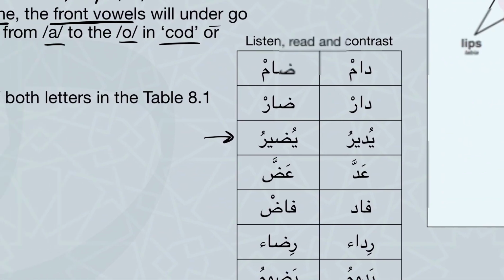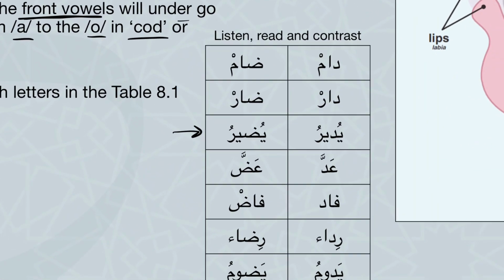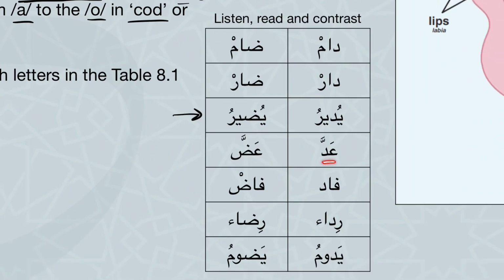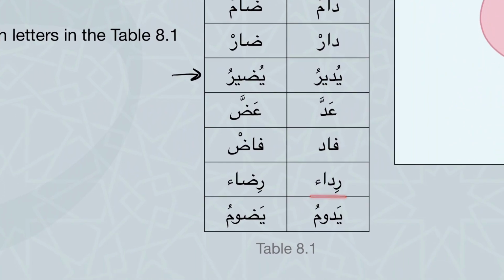And as we said, the most notoriously affected vowels are the fatha and then the dhamma and lastly the kasra, because kasra is already a very back vowel, so it does not mutate that much. It does not undergo that huge change. Here I would pronounce this as adda, adda. Here it'd be adda, adda, adda. Here it would be fad, fad, and fad, fad. And this is rida,